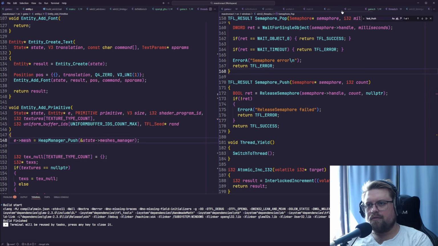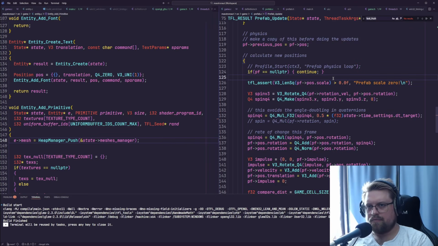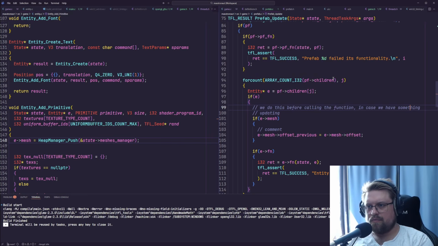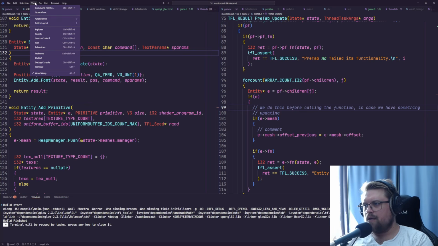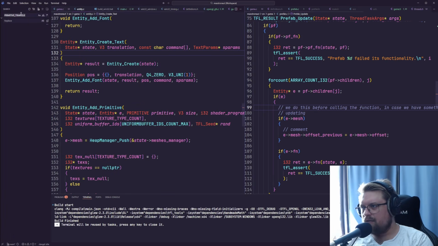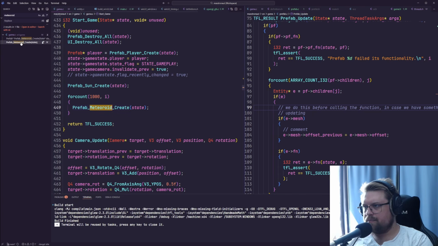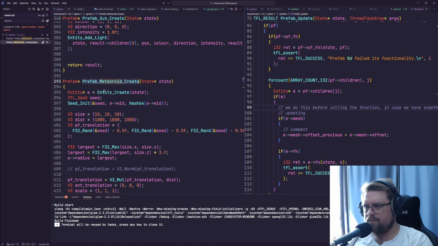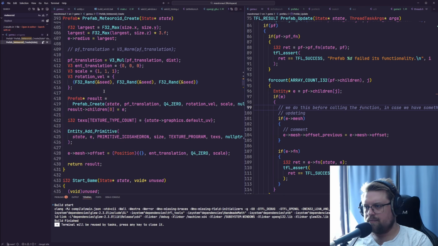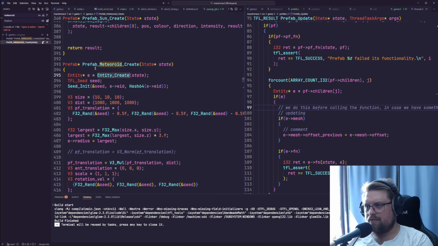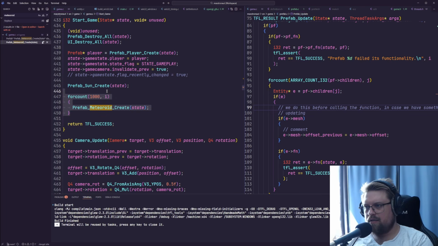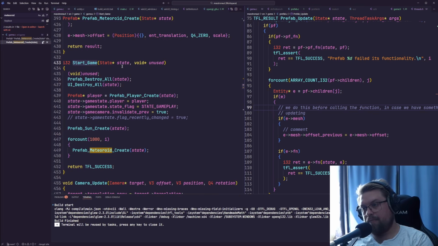It might be in here. No? Well, now I'm starting to forget. Entity add primitive. And I'm creating 1,000 of these. But at the start of the game,